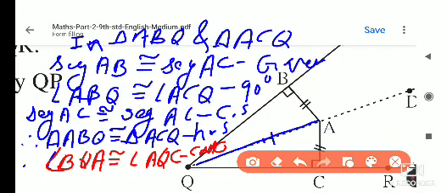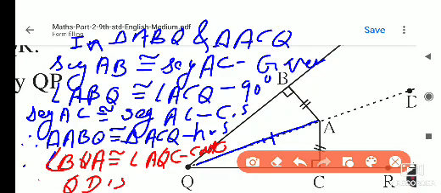And if these two angles are congruent to each other, then this is the angle bisector. Therefore, QD is a bisector